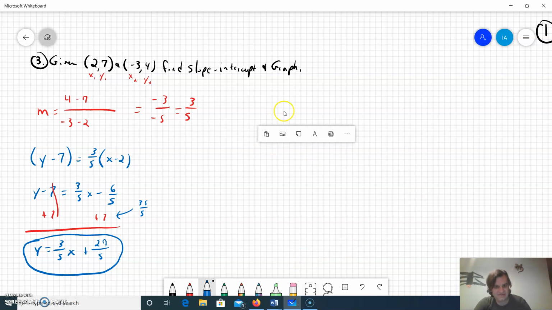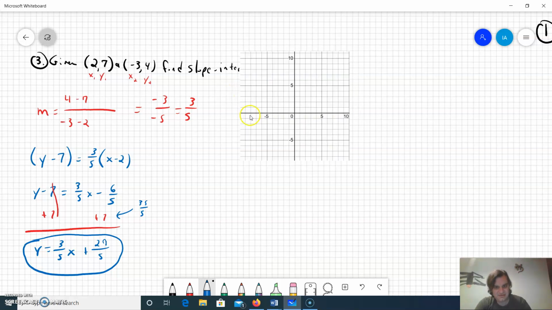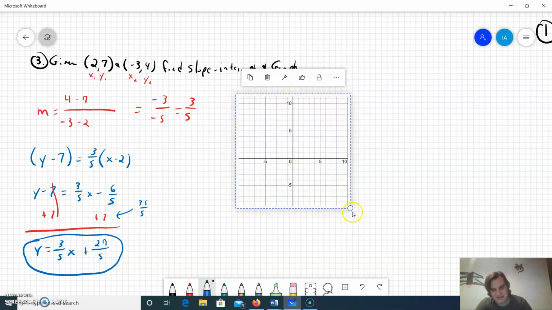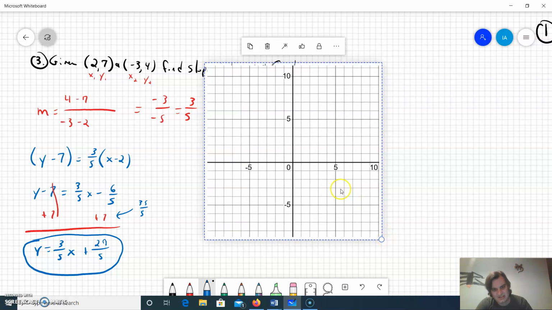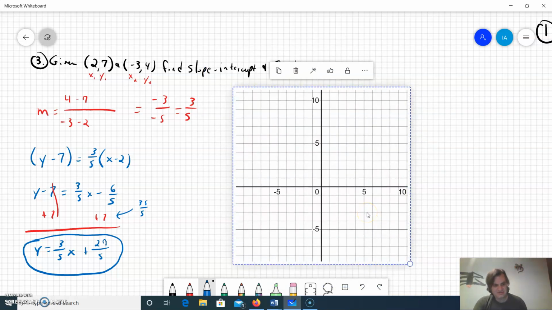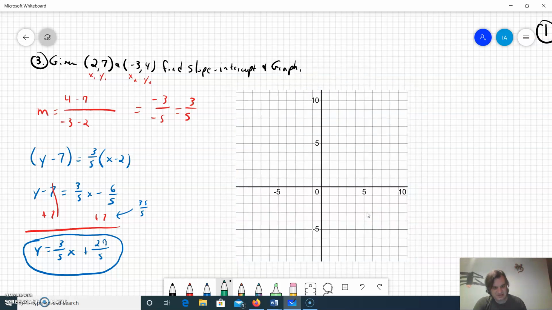Here's a graph. It just popped down our page. Let's see if we can get this on here. We have two things: a slope of 3/5 and a y-intercept of 29/5, which we'll figure out. 29/5 is a little bit less than 6. A little bit less than 6 would be right about here on our graph,